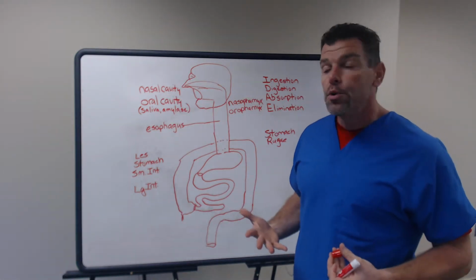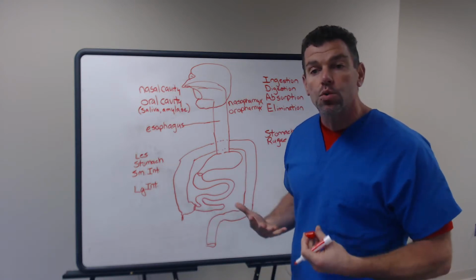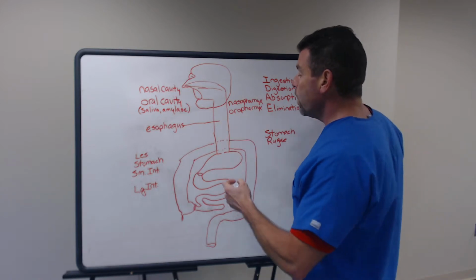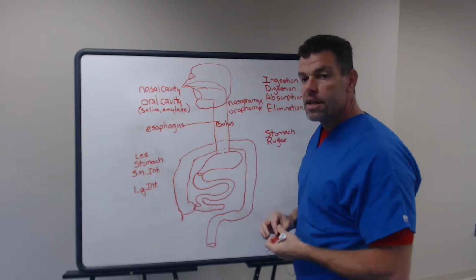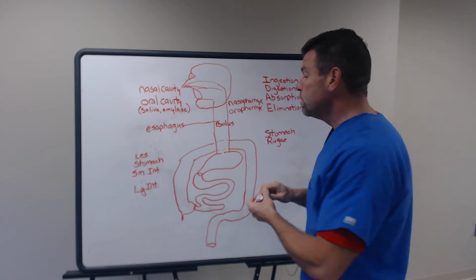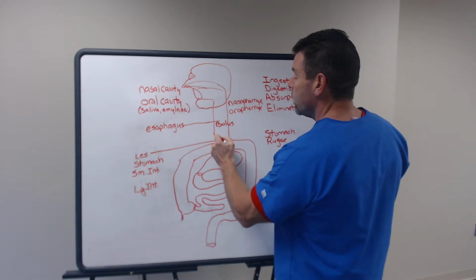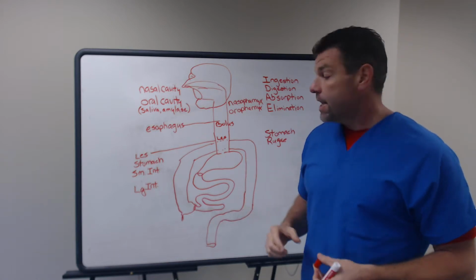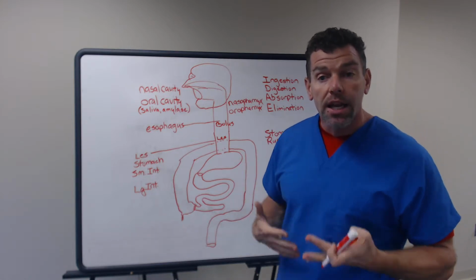But once the food is broken down, as much as it can be in the oral cavity, mixed with the enzyme amylase, it's going to go down the esophagus. And at this point, we don't call it food, we call it a bolus, because it's all mixed up now with saliva and broken into small pieces. Ultimately it's going to go through a structure right here called the lower esophageal sphincter. The lower esophageal sphincter is going to keep the contents of the stomach in the stomach and not allow backwash.